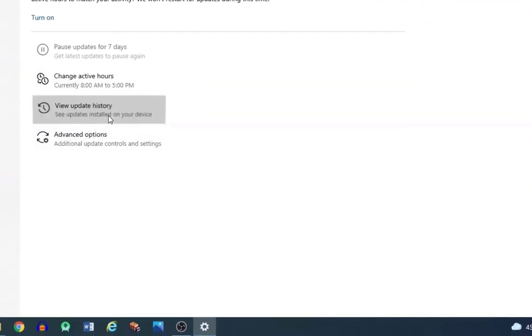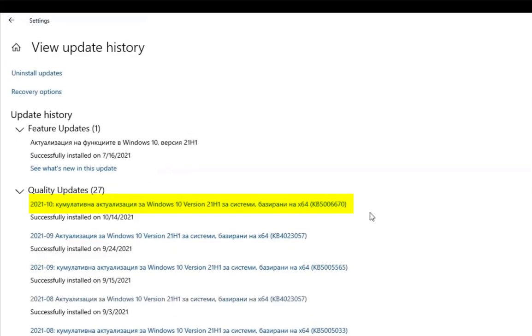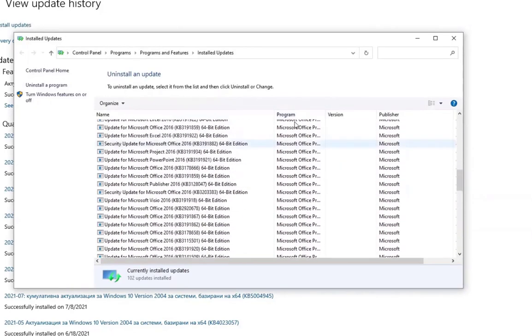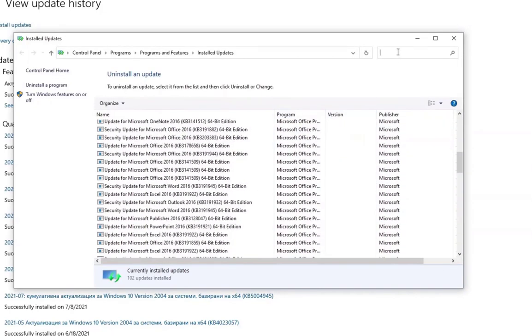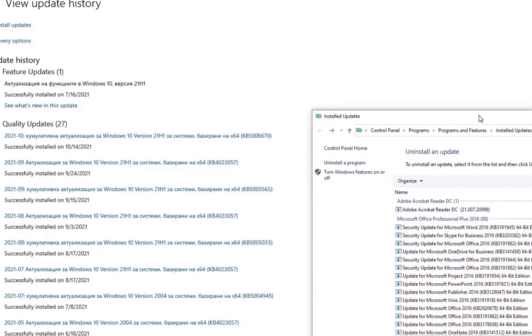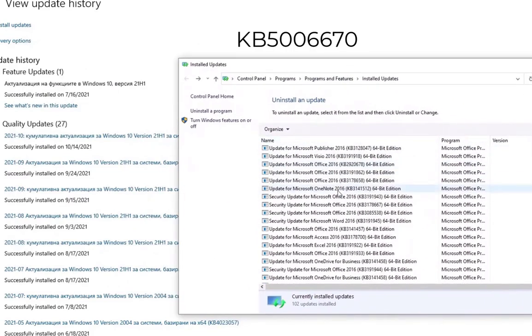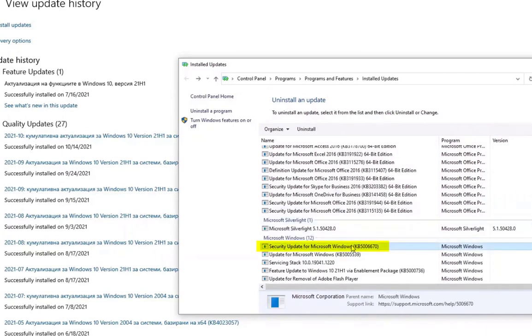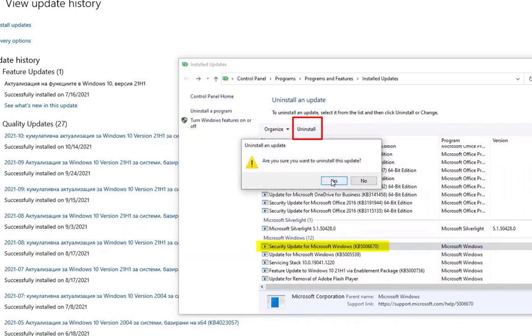Okay, now just view update history, and here you can see KB5006670. So we need to uninstall this, so click on Uninstall updates, and here we just find the KB5006670 update file. We need to uninstall it, so find it here, just right click on it and uninstall,